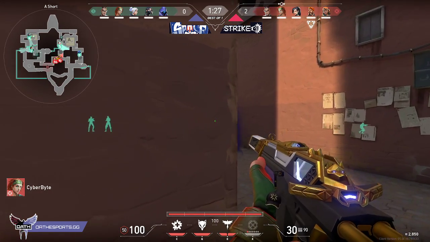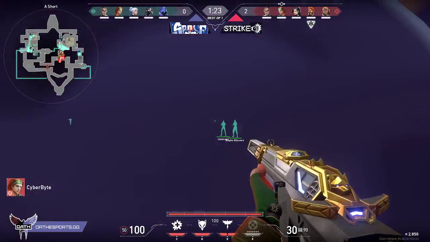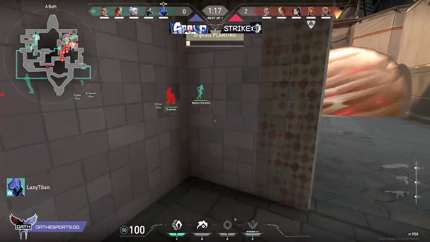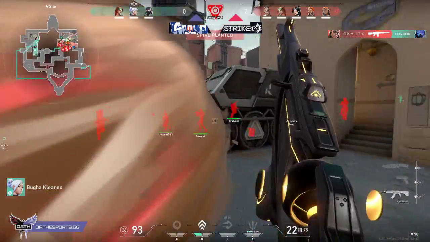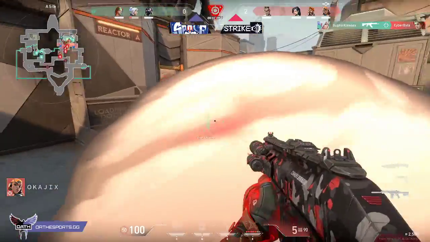You put your trip down, and then you use those teleports to play a little bit more passive, and just get your picks and then get away. So definitely a different look coming out from him, but it doesn't really seem to matter as Strike just pushing in. Okajix very good on this Raze, getting that first pick with the grenade and just continuing to push forward,